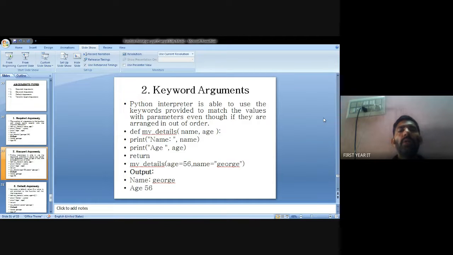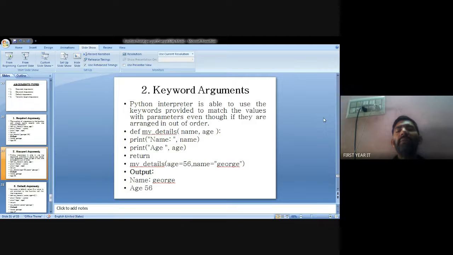So define my details name comma age, print name, print age. This is the sub function, returning to the main function. After that, the main function declares my details age equal to 56, name equal to George.